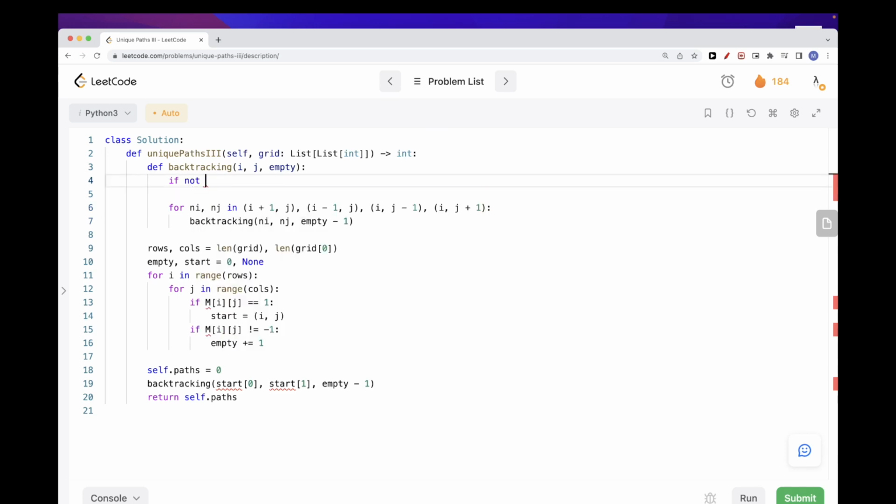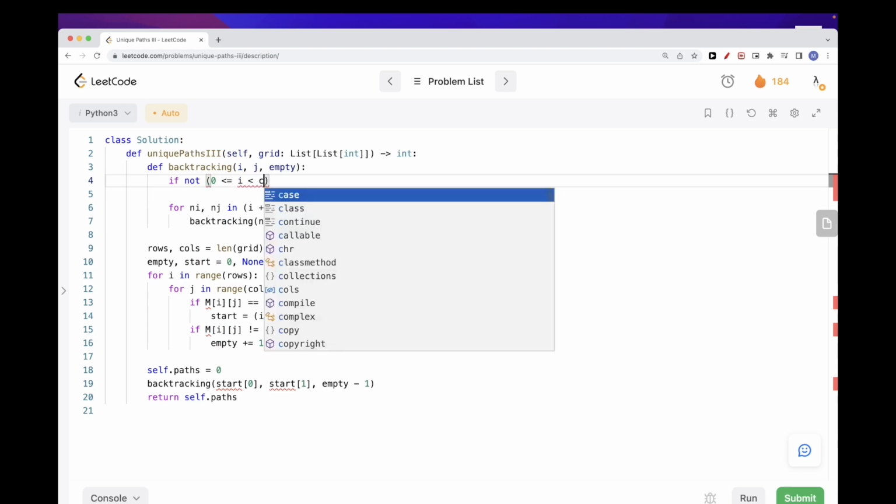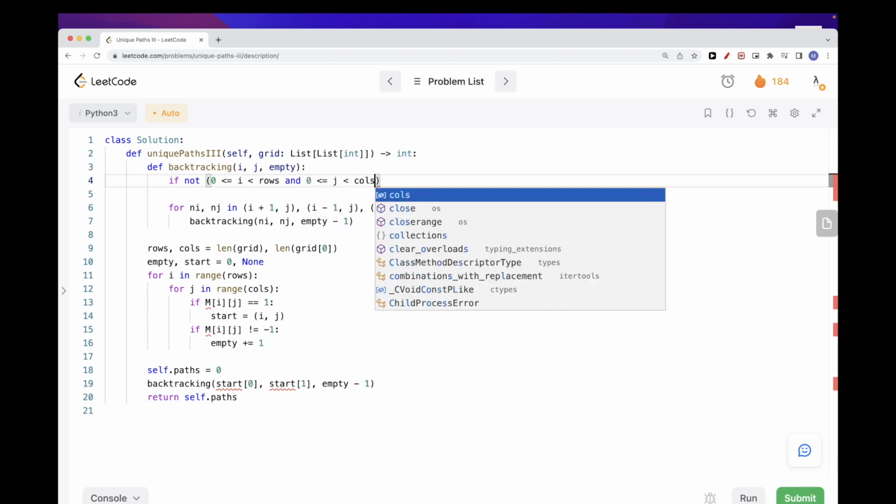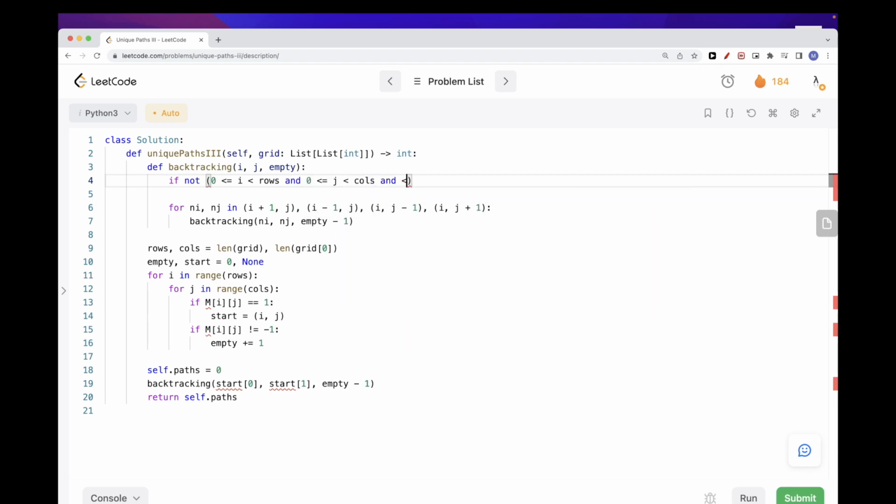So when are they out of boundaries? If i is not within 0 and rows, and j is not within 0 and columns, or if the cell is an obstacle, then we can't go there, so we need to exit. So when is it an obstacle? Is if it's different than -1. So either not within the boundaries, or